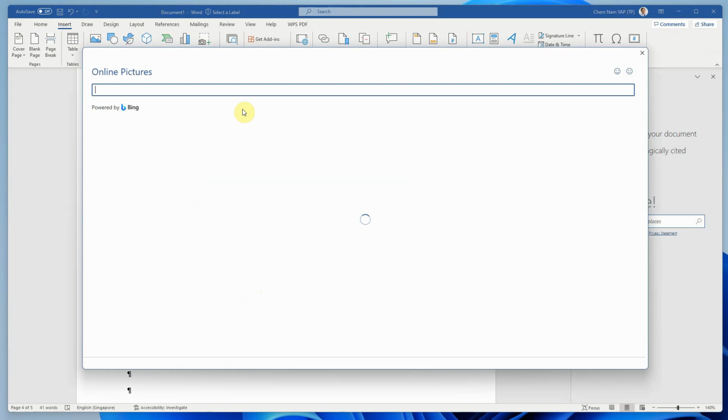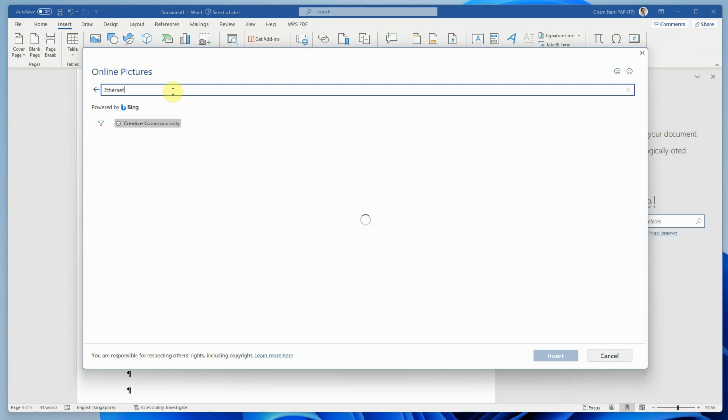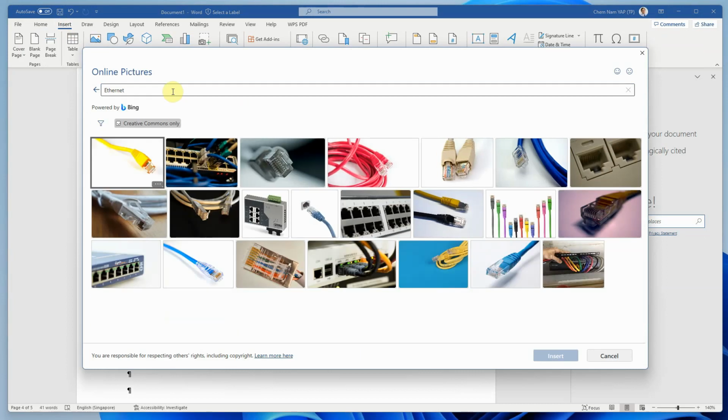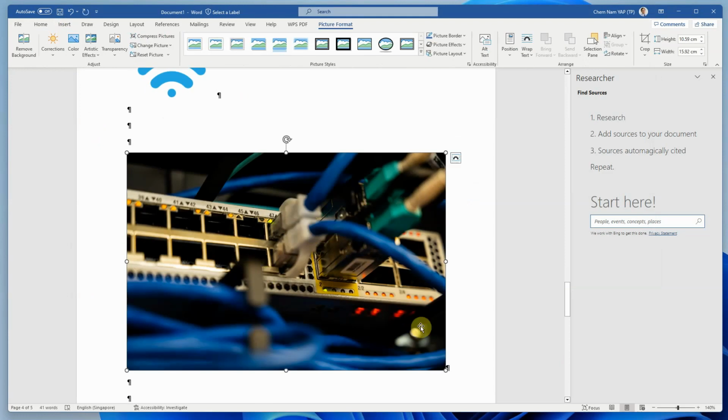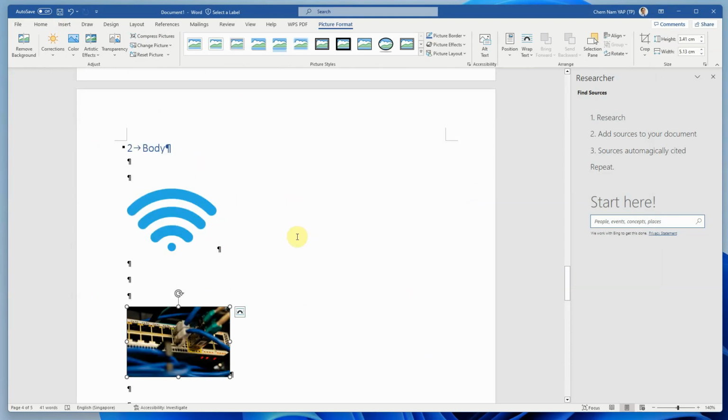line, wired, Ethernet. Ethernet. Okay, so there's an Ethernet switch. So just put insert here. Okay. So Ethernet. Right. So what am I going to do here? So I actually can